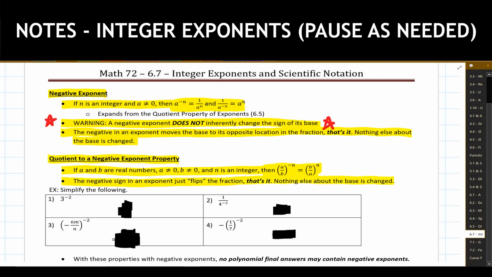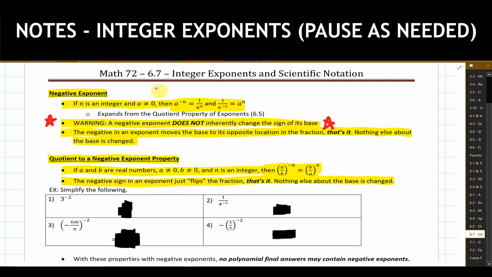Alright, so I'd take a moment, as much as you need, to pause and write these bullet points down in your notebook for yourself as necessary. We'll talk about them here shortly. So getting into negative exponents. A negative exponent shows up specifically when we are working with adding or subtracting exponents together, and then we somehow get a negative result showing up out of that.